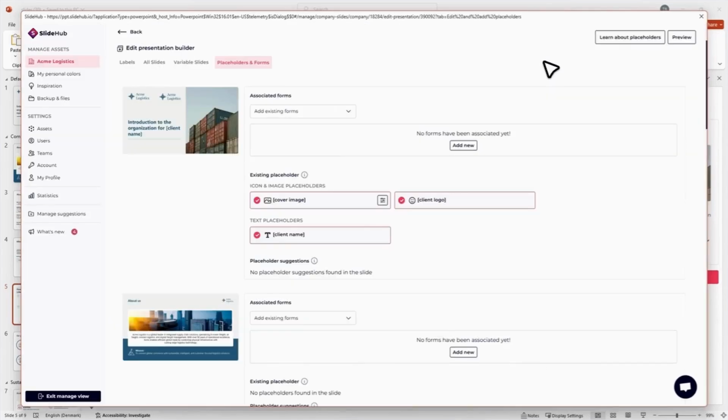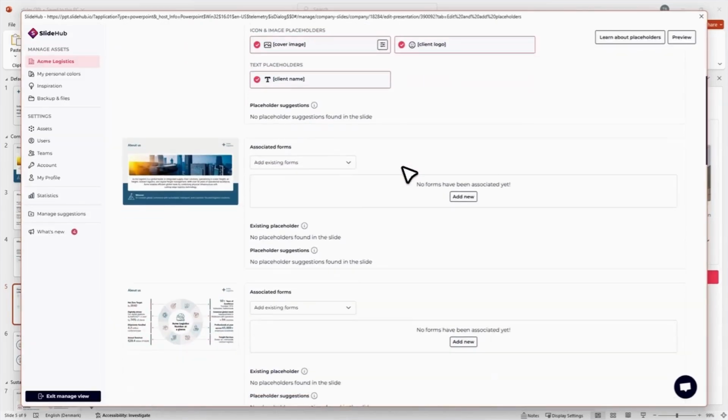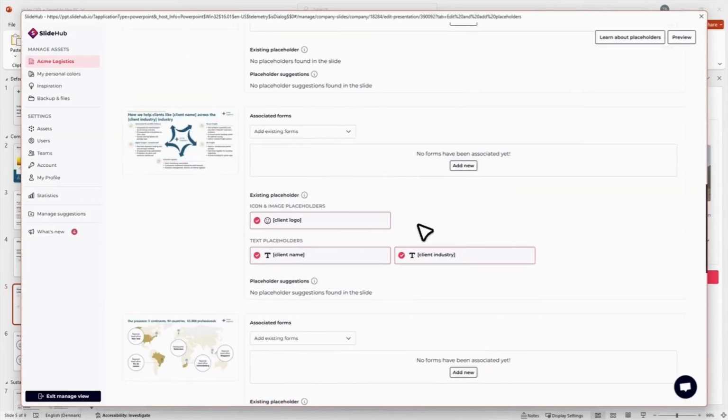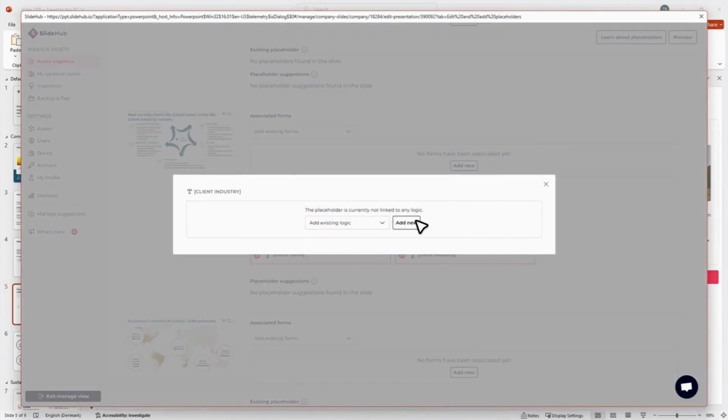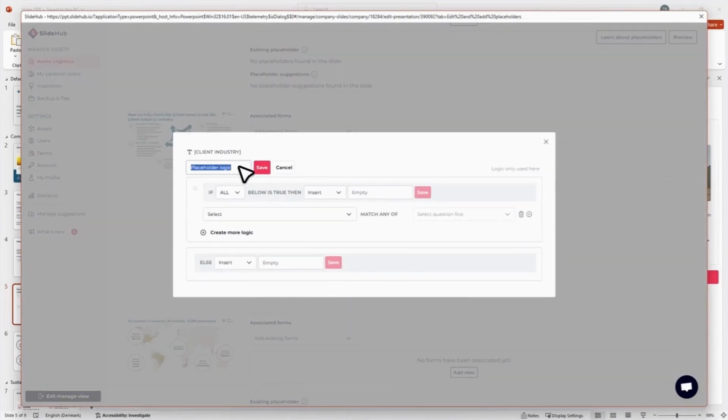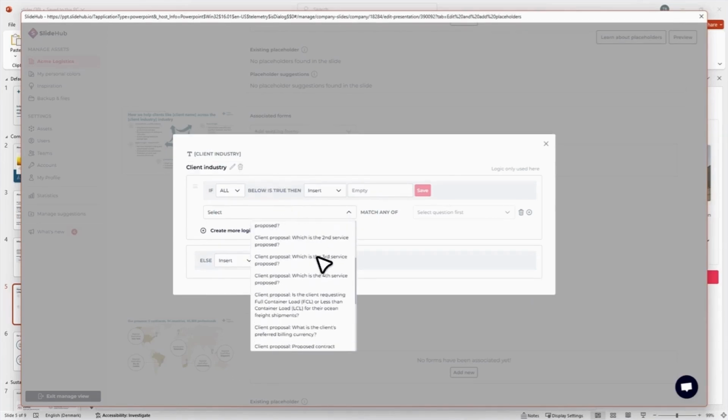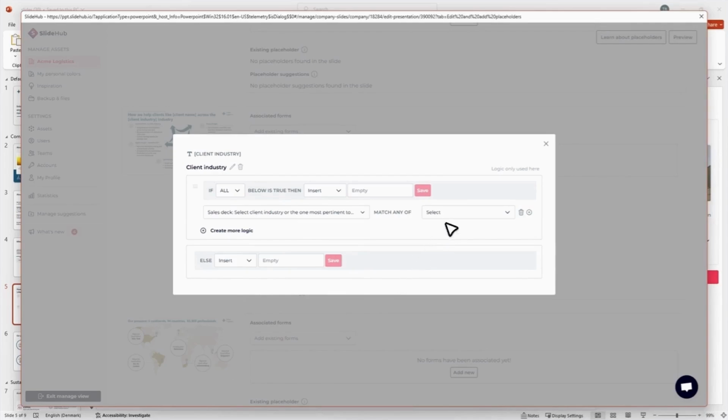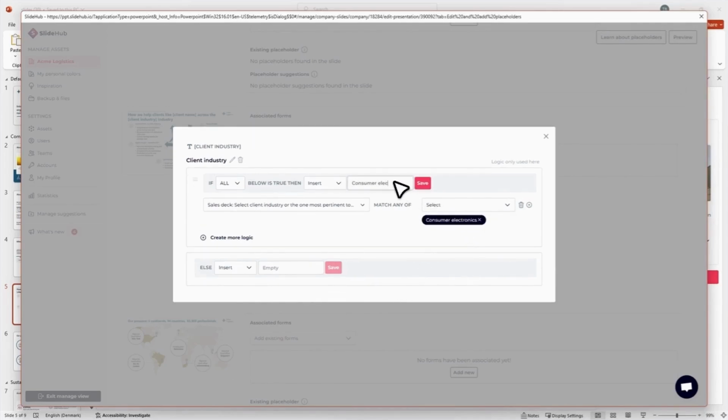And finally, let me also quickly show you how logic can be applied to the text placeholder using the client's industry as an example. Hover over the text placeholder and click the logic icon. Click Add New and give it a name. Choose the relevant question from your form. In this case, it's the client industry question. For each industry option, which in my case are consumer electronics, food and beverage, healthcare, and fashion e-commerce, set up